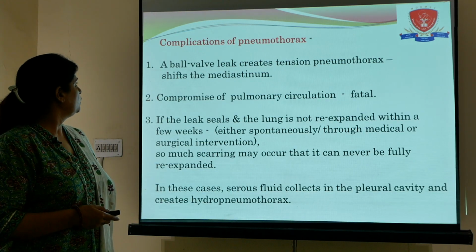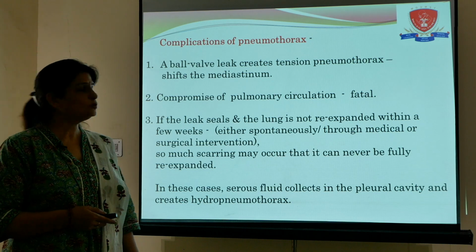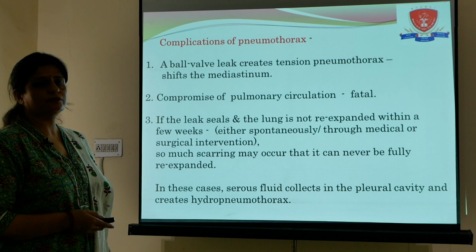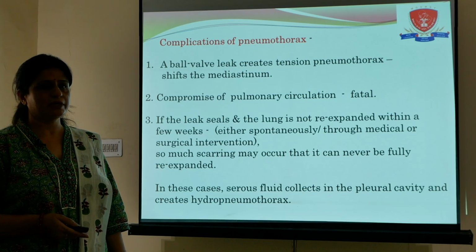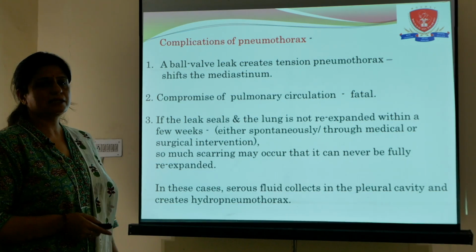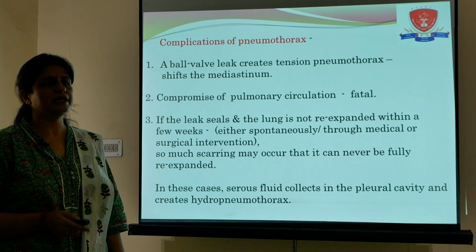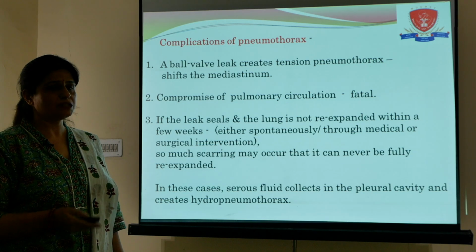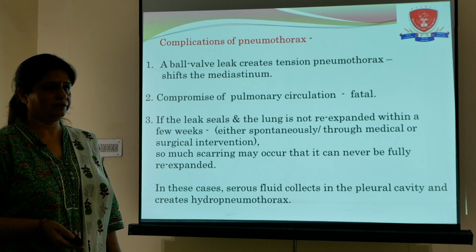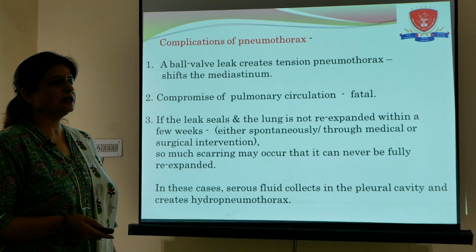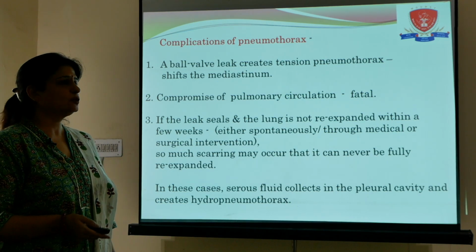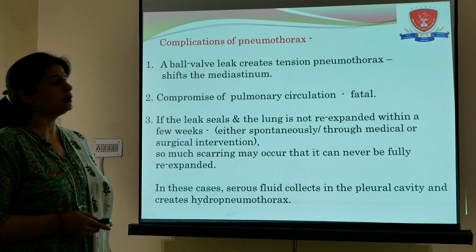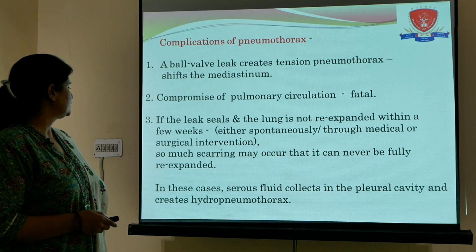Complications. The ball and valve leak creates tension pneumothorax and it shifts the mediastinum. It can cause compromise of the pulmonary circulation. Now this can be fatal for the patient. If the leak seals and the lung is not re-expanded in time, either it re-expands spontaneously or it has to be re-expanded by medical or surgical intervention. If that is not done in time, then the scarring may be too much for it to re-expand and be treated. In these cases, serous fluid accumulates in the pleural cavity and it creates